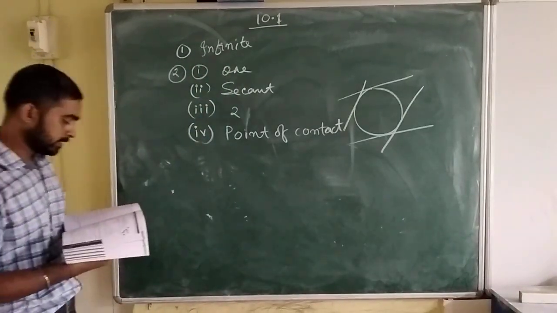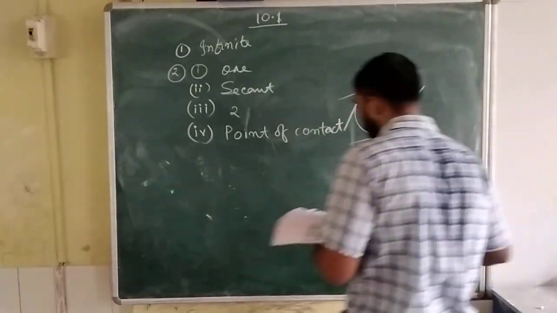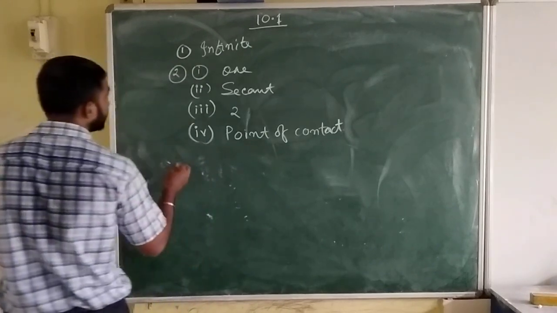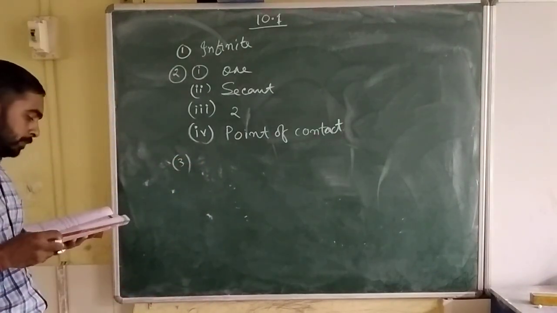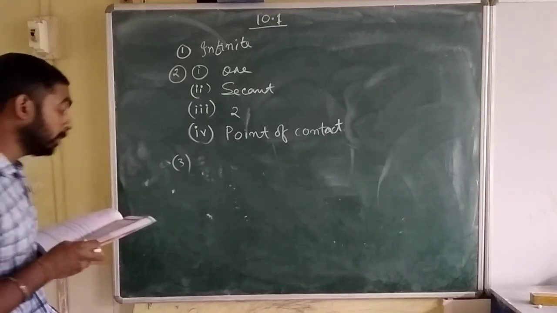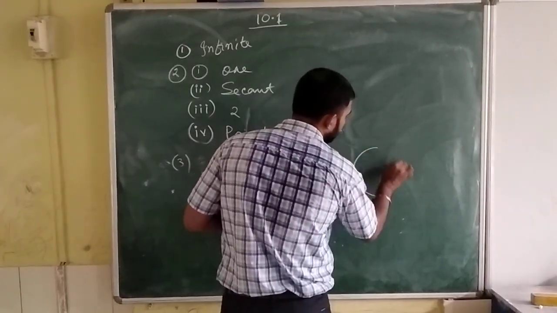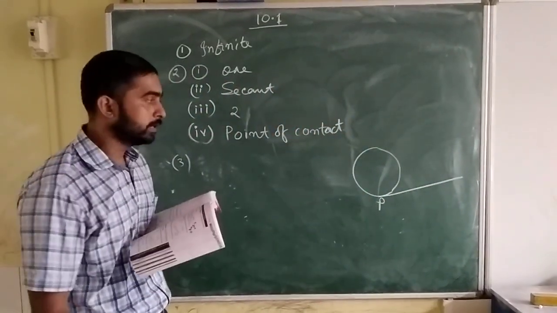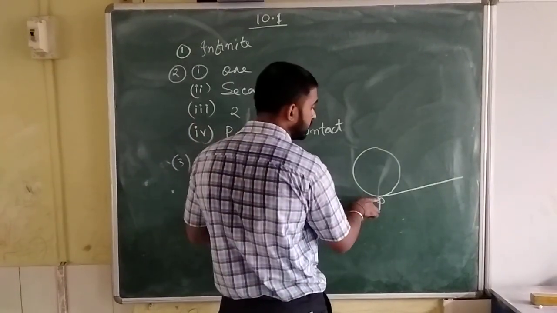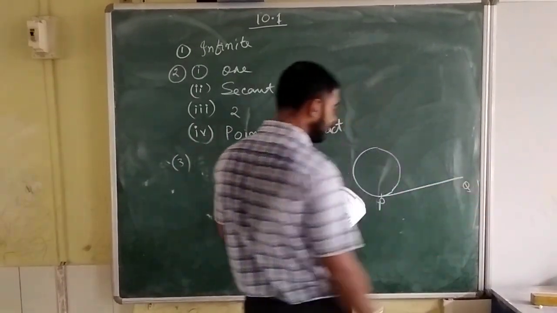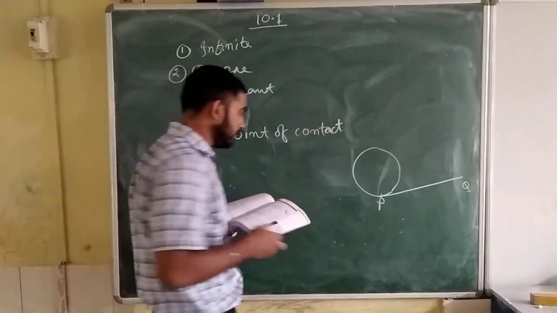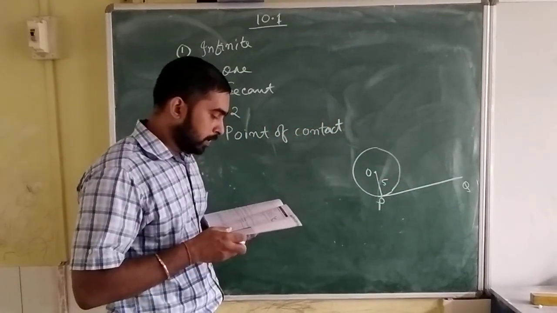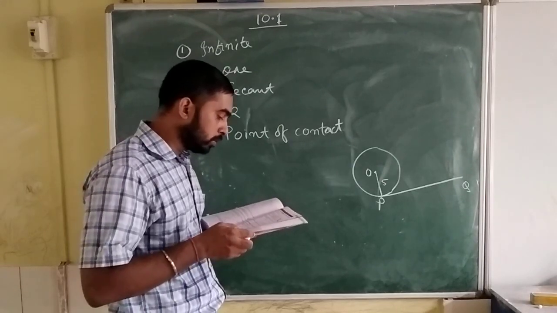So these are the first questions. Now, question number 3. A tangent PQ at a point P of a circle. Draw a circle; the tangent touches the circle at a point P, and this one will be Q. The circle has radius 5 cm, and the center O is at distance OQ equal to 12 cm from Q.